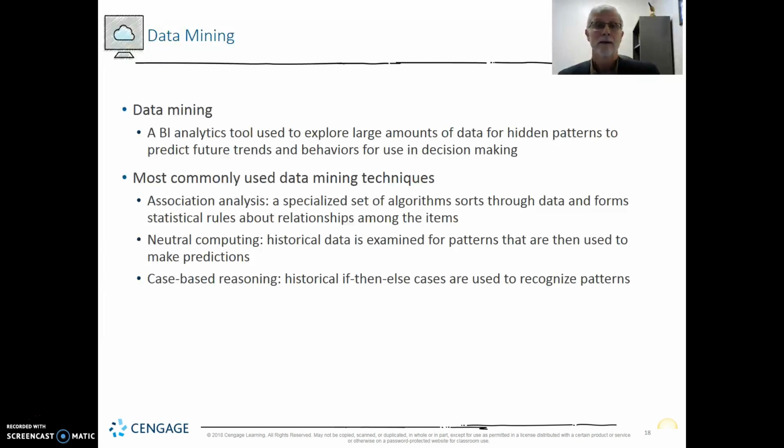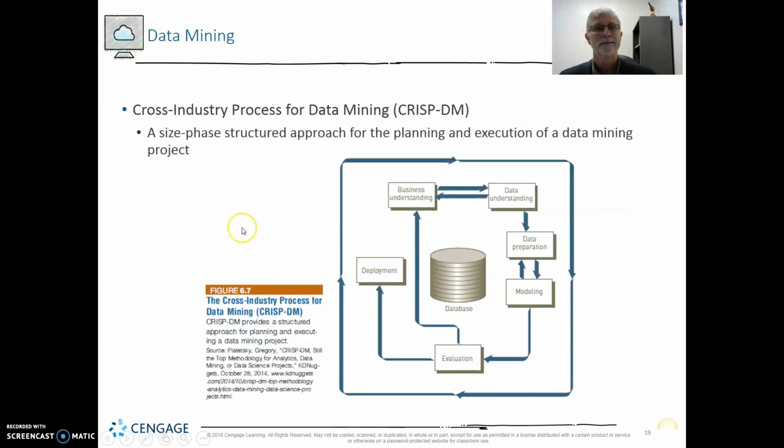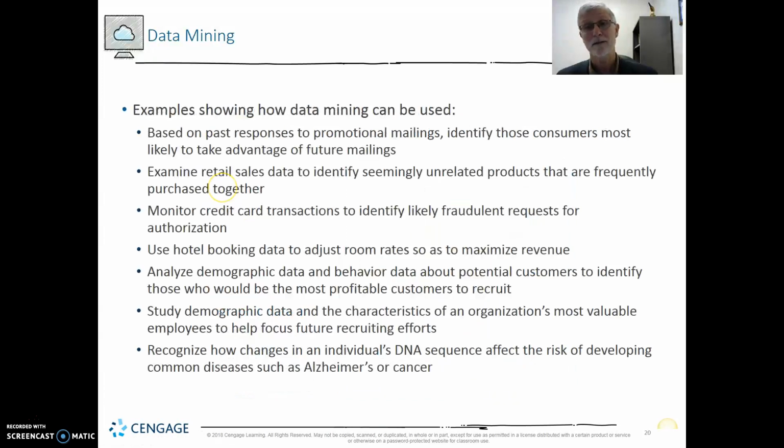So it just lets you get that graphical picture as far as which way the data that you've collected is going. Data mining, just a way of how do I get large amounts of data and look for hidden trends in there. Some of the techniques, you've got association analysis, neural computing, case-based reasoning. You've got different industry processes as far as data mining is concerned. Examples of how it can be used